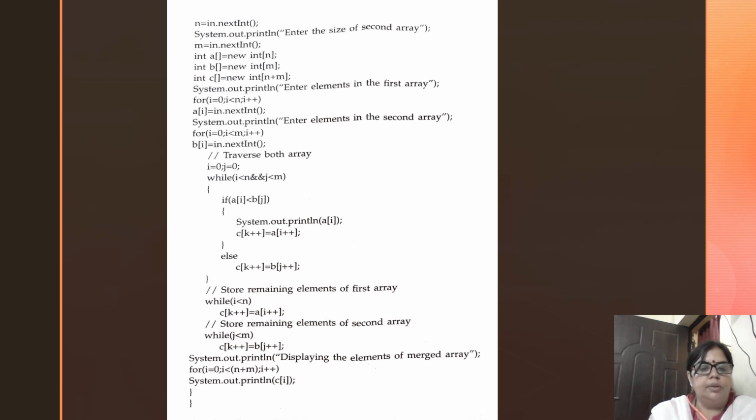So students, these were the three things you have learned in this array topic: first is insertion, second is deletion, and third is merging of arrays. Go through this and write all three programs in your registers. If there is any problem, then you can ask me on my personal WhatsApp number.